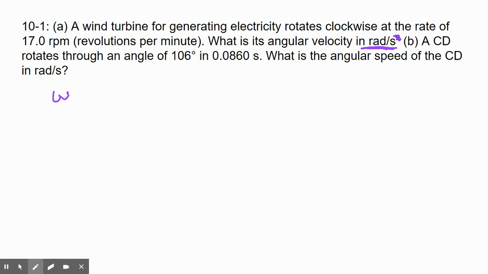We know a couple of things, so let's go ahead and write them down. We know, number one, that 2 pi radian is equal to 1 revolution. The second thing we know is that 1 minute equals 60 seconds. Okay, these are both going to be important because we were given revolutions per minute, but we